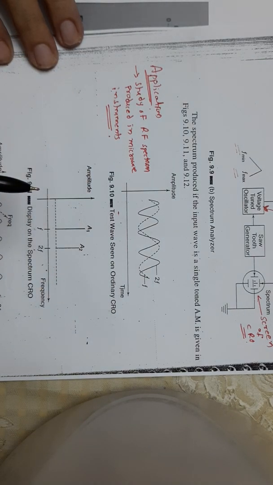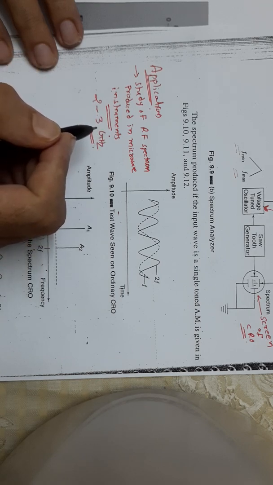In the microwave instrument, the horizontal axis can display as wide a range as 2 to 3 gigahertz for a broad survey, and as narrow